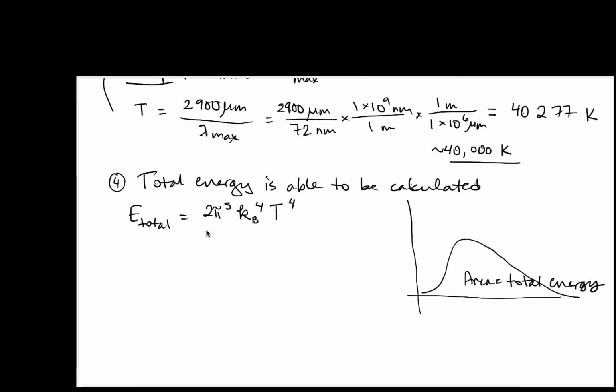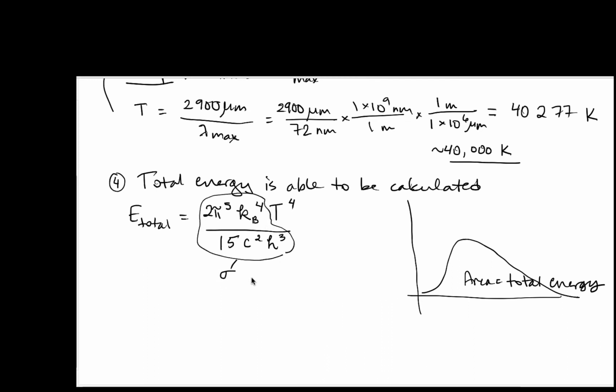T to the 4th, that's temperature, over 15, the number, c squared, that's the speed of light, and Planck's constant cubed. Since most of these are constants, you can group them all together